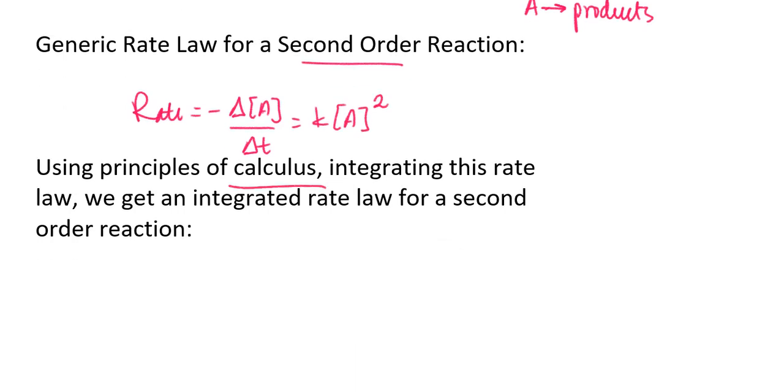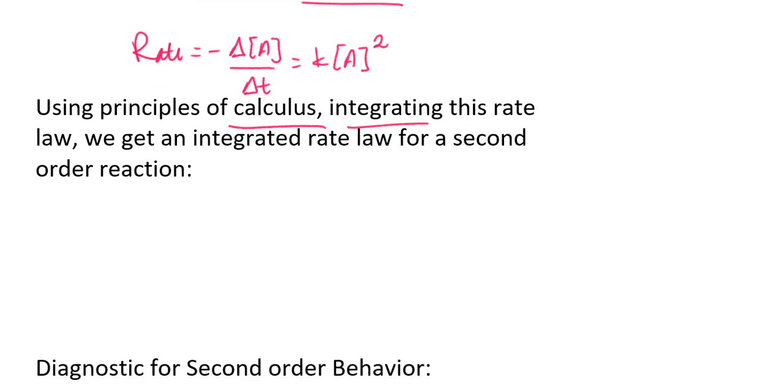Again, rearranging and doing the calculus, we saw in the EP data packet that basically the equation you get is 1 over A at some time is equal to kt plus, not the natural log, 1 over